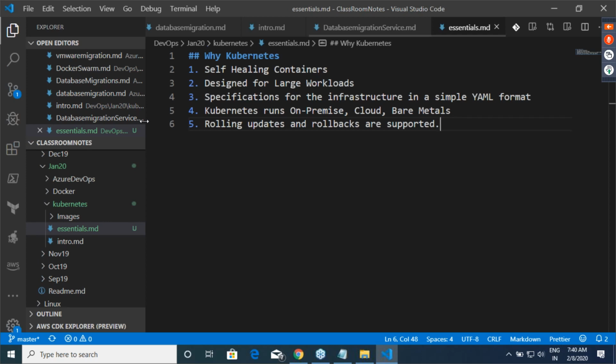Clear on this? So if you get all of these features, that's the reason why people use Kubernetes. And Kubernetes is never, understand one thing, if you are running your stuff on one machine with one container, you don't require Kubernetes. Okay? I want to run only one container, okay? On one server. So if you are speaking about very, very small scenarios, don't even think of Kubernetes. Go with Docker. Right? Kubernetes is all about when you require self-healing, when you require your stuff to be running all the time, when you require your application deployment to be portable.